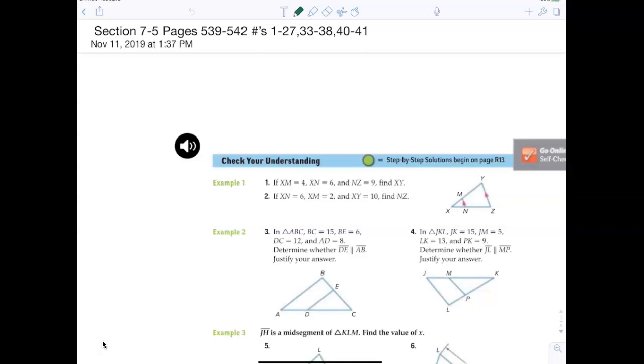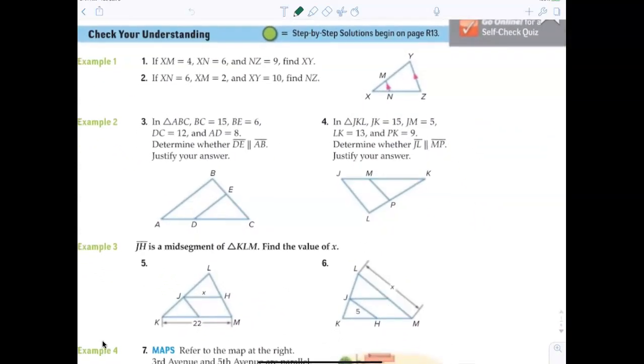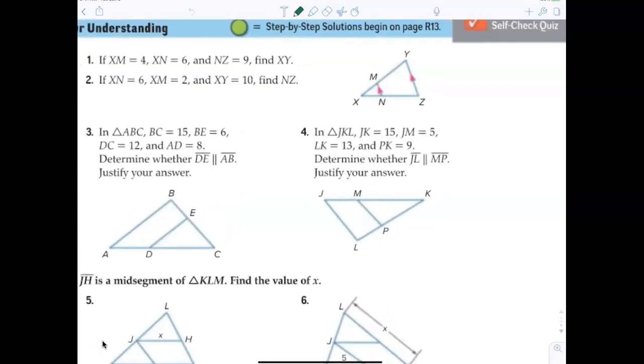here we go. So for today's assignment, again, everything is setting up proportions. All right, everything is setting up proportions. So here we go. Let's take a look at number 1. Now, notice that those are parallel lines, correct? For number 1? All right, so now let's go ahead and see what happens. XM is 4. So I'm going to write that in there. XN is 6. NZ is 9. And we're trying to find